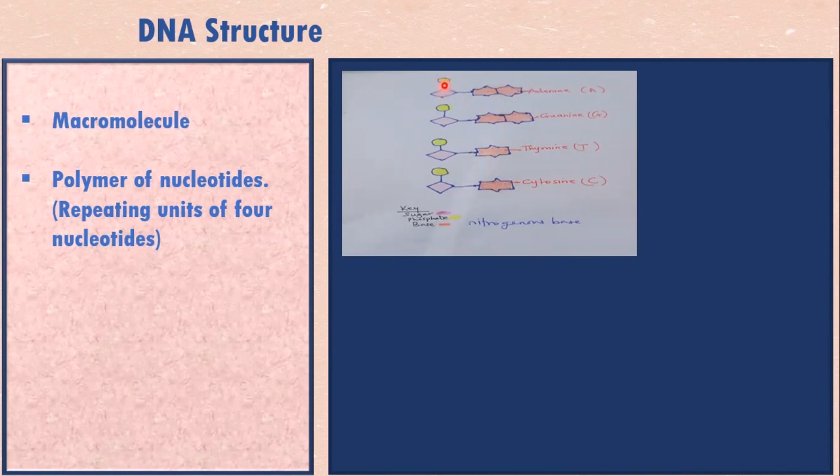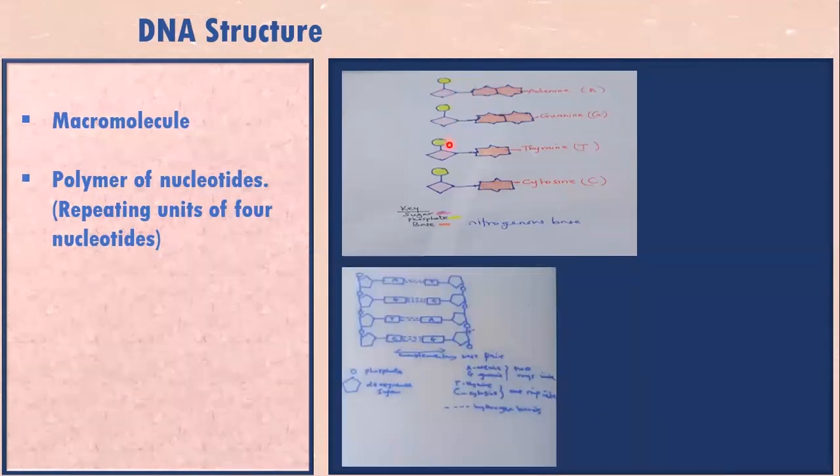The sugar and the phosphate form a continuous long chain, with the nitrogenous bases attached at their sides. And you have one long chain, and there is another long chain,